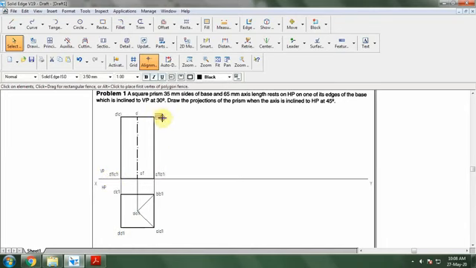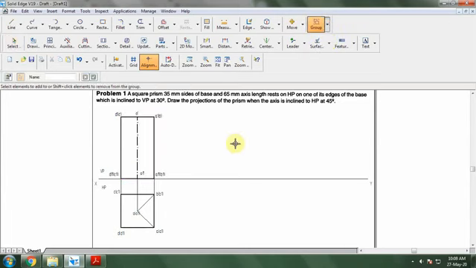Once you've done the naming, the second position always, as I said, will be with respect to the axis, with respect to HP. So I want to make this a group now. I'll click on that so that you can easily rotate it for the next position. If you are doing it in a sketchbook, you have to select this edge and go for the inclination. The inclination given is 45 degrees with respect to HP.